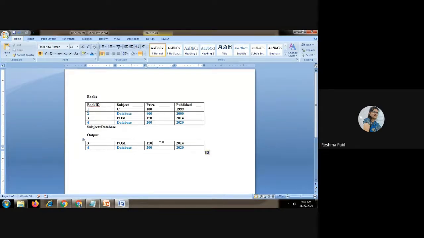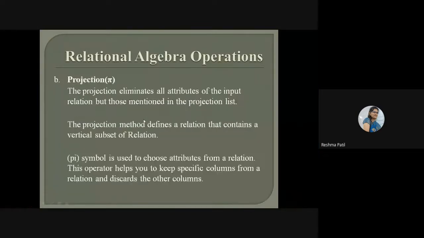If you don't want to show all the columns, and want to show a particular column, for example only book ID or only the subjects available in SYBBACA, for example, or FYBBACA. So only the subject list you want. You don't want the price of that subject, or when that book is going to be published. If you want to remove all that, you can use this second operation, that is projection. What you want to project, only that part you can write in this projection. So only that part will be displayed to the user. Other parts will be in the background.